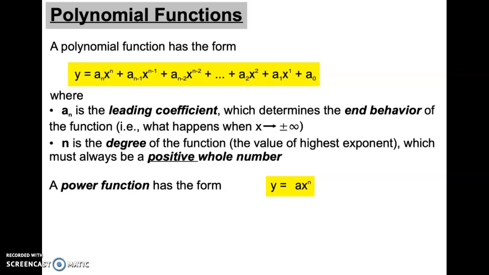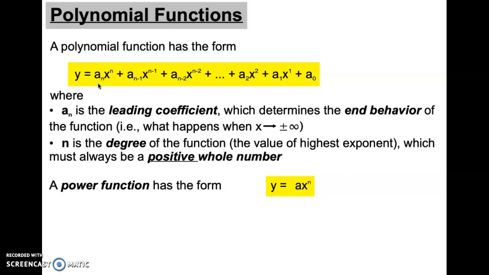Everyone, so today we're going to continue with sketching polynomial functions. So we're going to do just a quick recap of last lesson. So first, this is a polynomial function. A polynomial function is a bunch of powers of x that are added and subtracted and that have coefficients. Those powers of x have to be positive and they have to be whole numbers. The largest power of x, so in this case n, is the degree of the polynomial, and whatever the coefficient